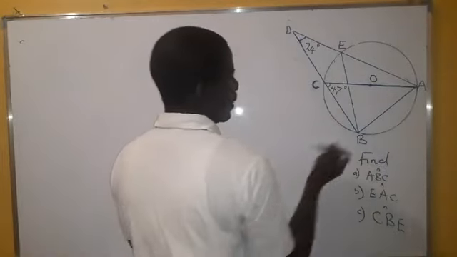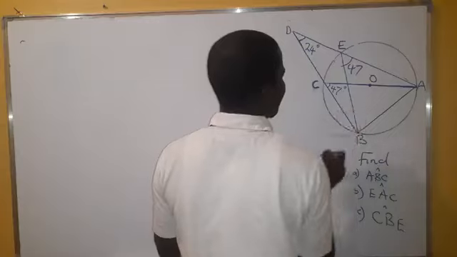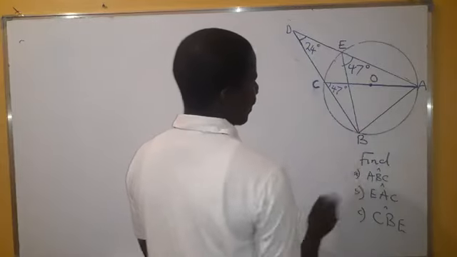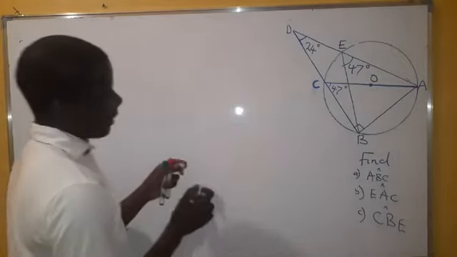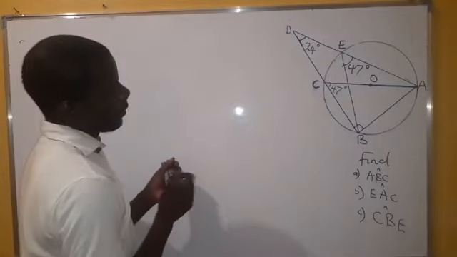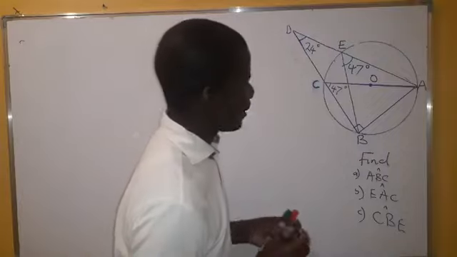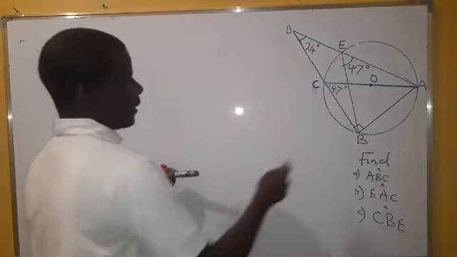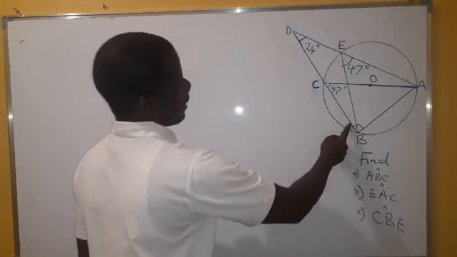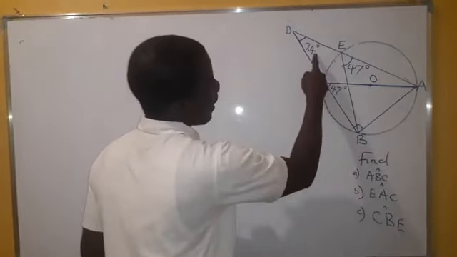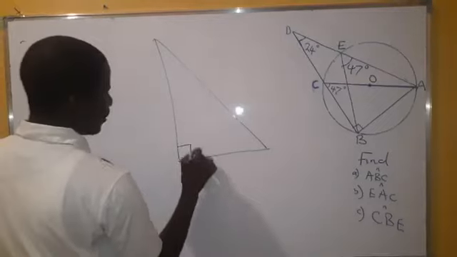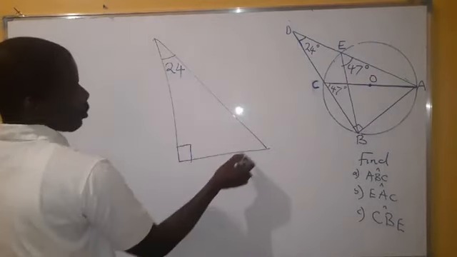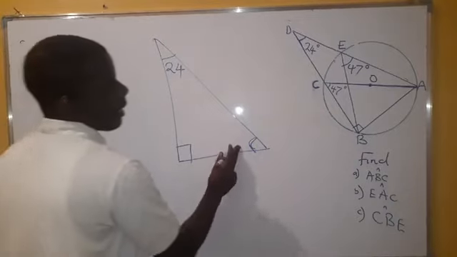Are we together? So this is also 47, angles in the same segment. This whole angle here is 90 degrees. Are we together? That is what we are supposed to know. So if this whole angle here is 90 degrees, then I'm taking a triangle like this. This angle is 90 degrees, then this one is 24. So what is this angle here? And which is this angle? I'm referring to